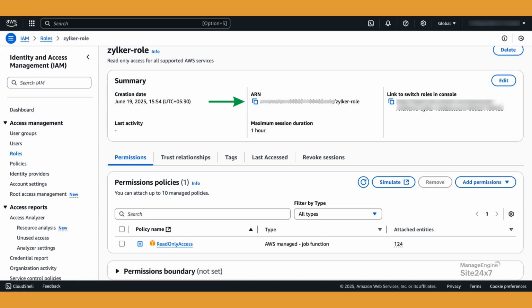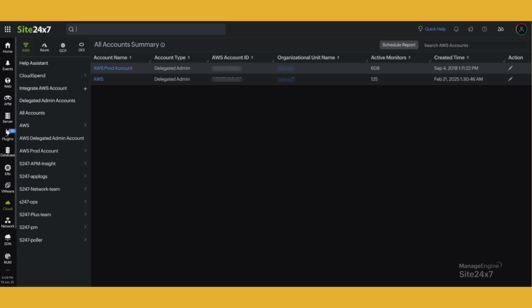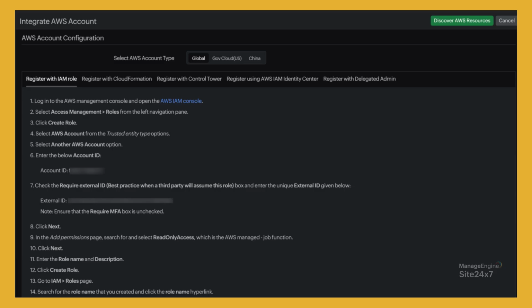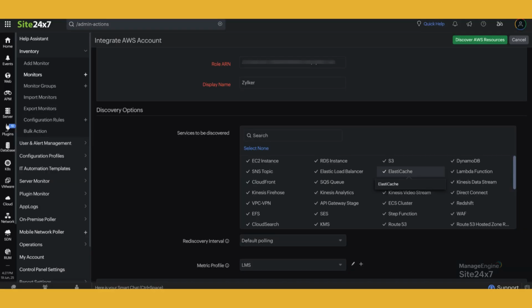Now, let's switch to the Site24x7 console and complete the integration. For that, log in to the Site24x7 web console, go to Cloud, AWS, Integrate AWS account section. Then choose your AWS account type. Under Register with IAM role option, paste the Role ARN you copied earlier and add a display name for your